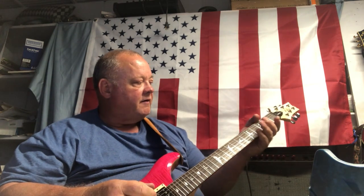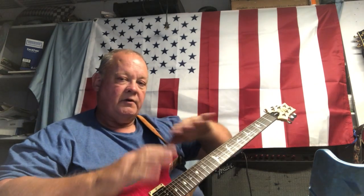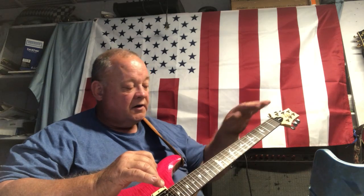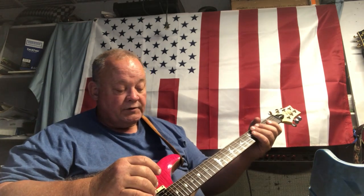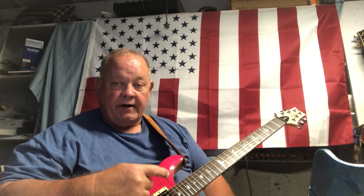Well, this time I did a light fret dress, leveled the two little problem areas, polished everything, lubricated the fretboard with some Murphy's oil, and put a new fresh set of strings on here. These are 9 to 46s, and